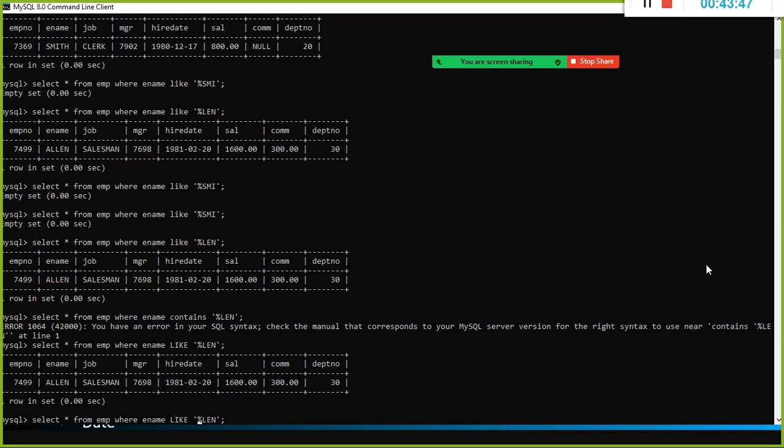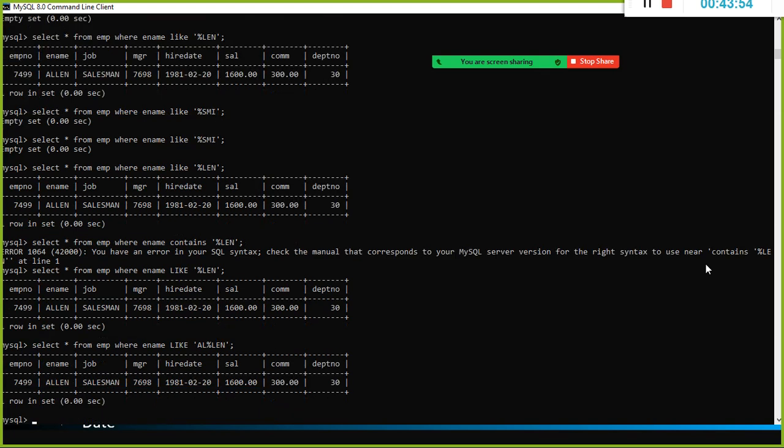So start with AL and end with anything, or here at the end we have given Alan. Probably you can insert some data with a different name and try, like I said, Krishna Raja Kumar, Krishna Kumar, something like that, and then it should work. The employee name should start with AL, end with LEN.